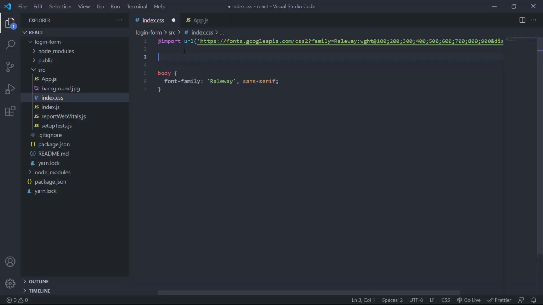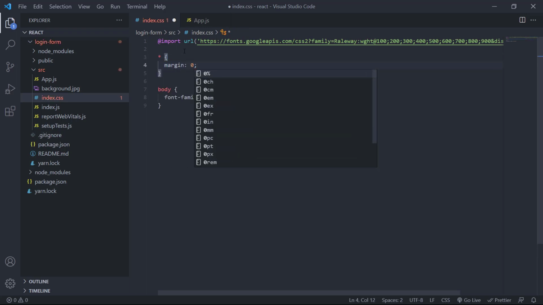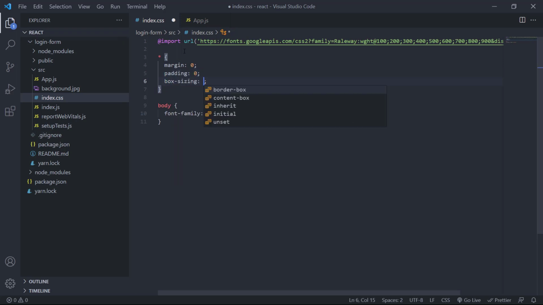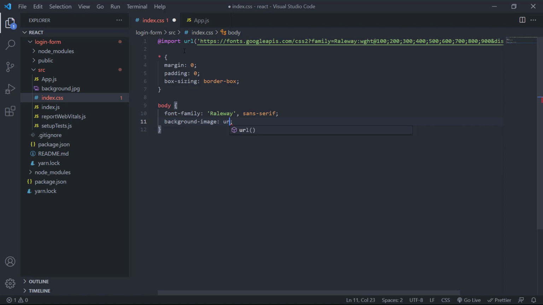Also here we'll be selecting everything and resetting margin and padding. Also we'll give it a box sizing of border-box, and in the body we'll give background image as URL,